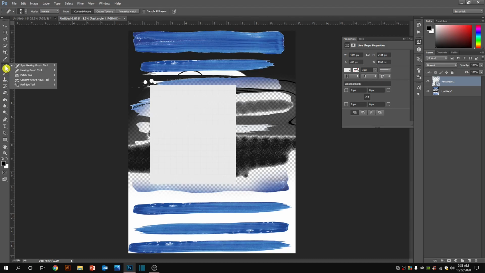mixer brush tool, spot healing, healing brush, patch, content aware, move tool, red eye tool, and the important ruler tool. I'll guide you in a coming video on the use of the ruler tool, which is very important to align shapes and images. Perspective, slice tool, slice select tool, right? Magic wand, quick selection: there are two tools, very important. Polygon, magnetic, very common, most people have used it. There are different kinds of selections, right? Artboard tool, very basic.